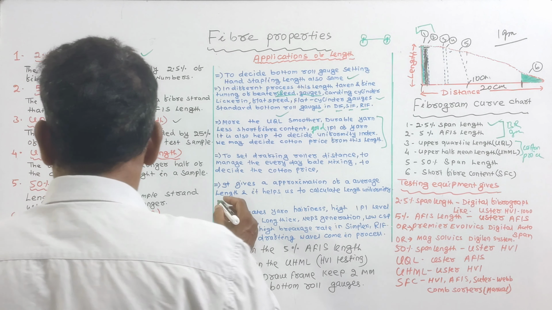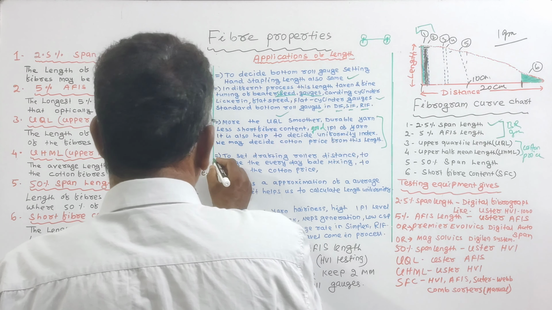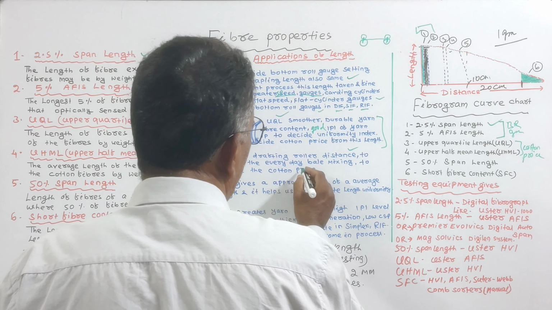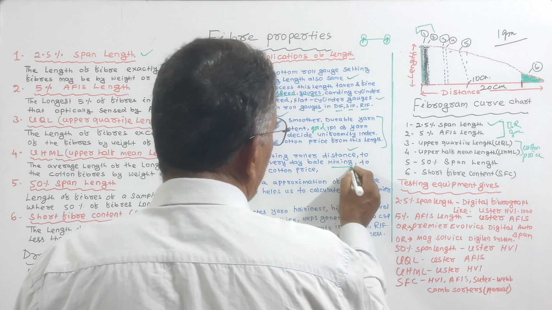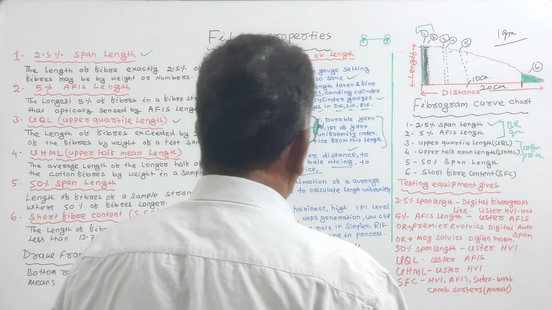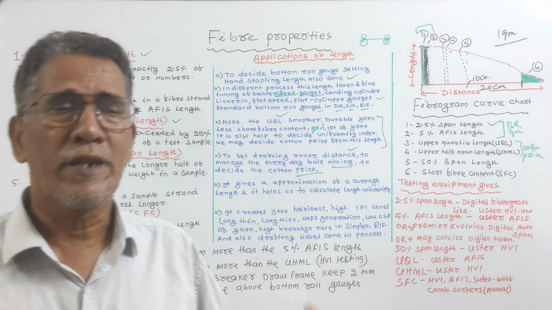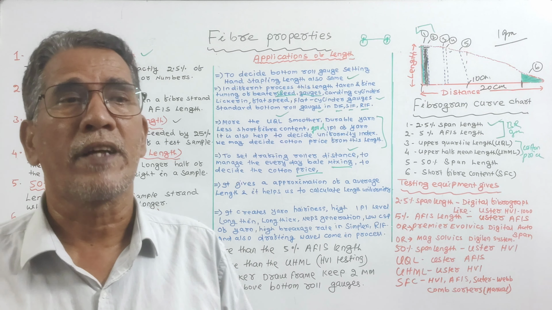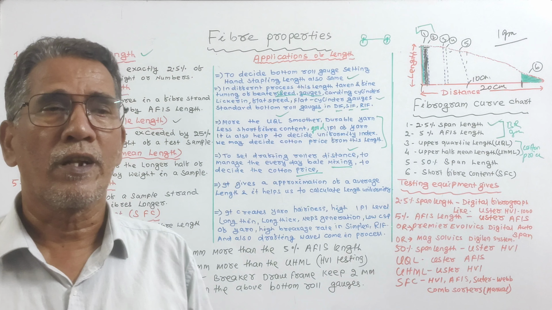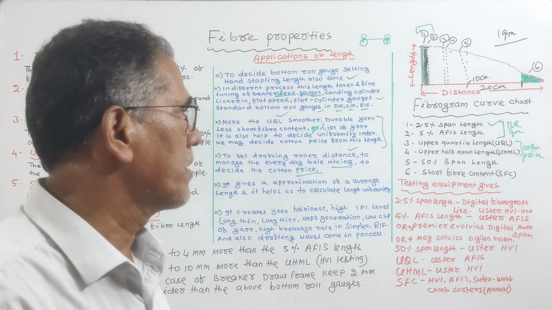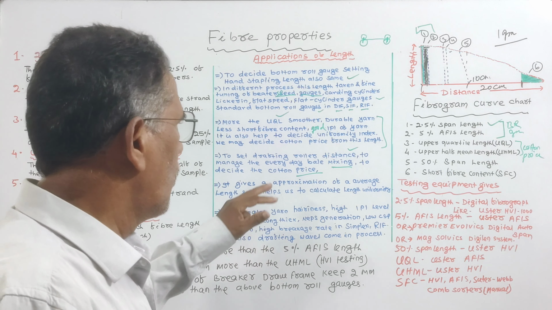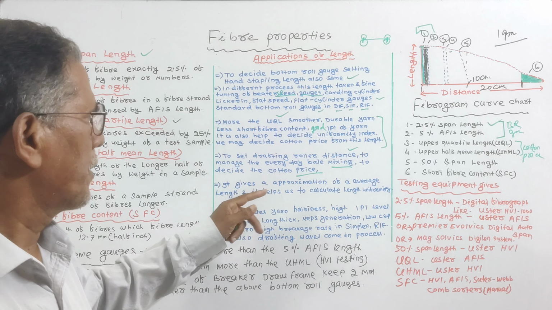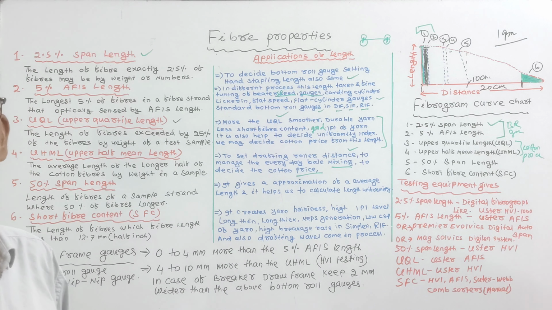And another thing, you see, UHML is used to set drafting roller distance, to manage everyday bale mixing, and to decide the cotton price. UCL means whenever we are taking a mixing, we check whether it is 30 mm cotton, or 30.5, or 31 mm. Accordingly, we set the mixing report, and that is very, very important. Whenever any cotton sample comes to us, we check UCL or UHML to decide the price of the cotton.